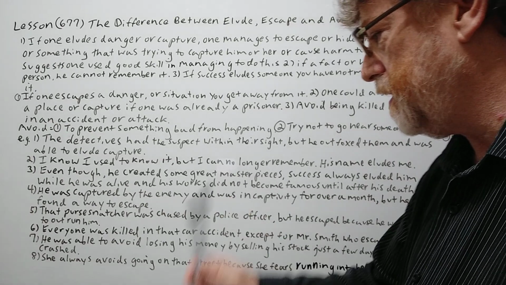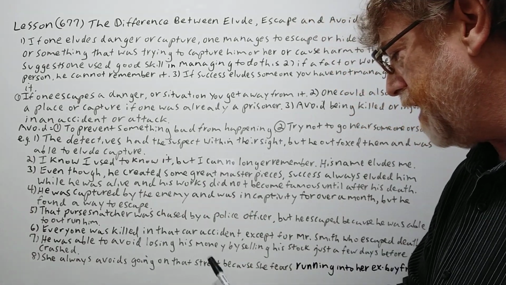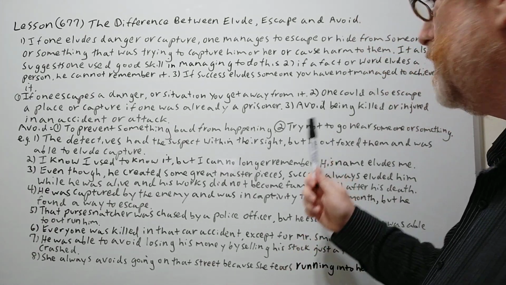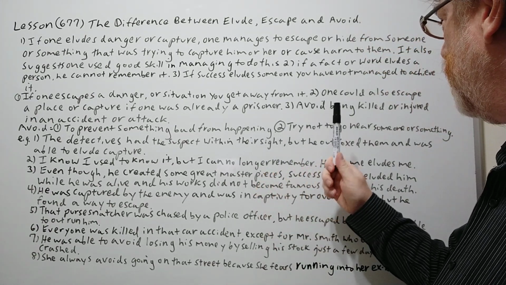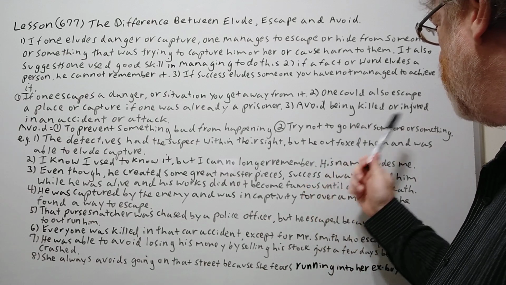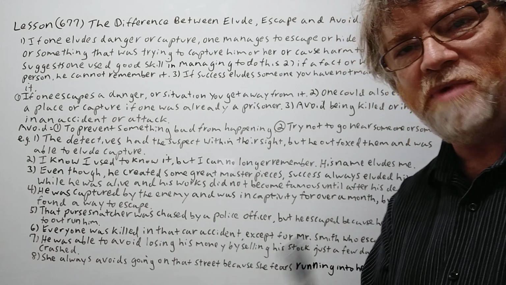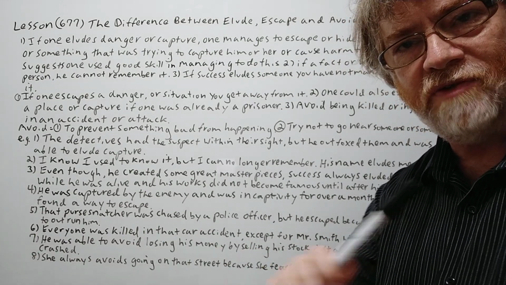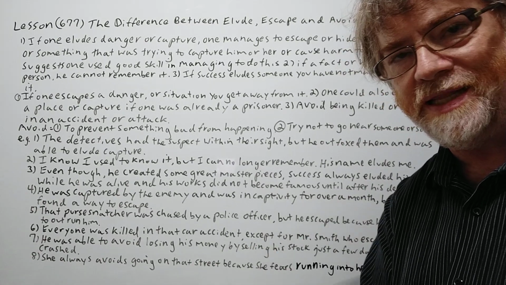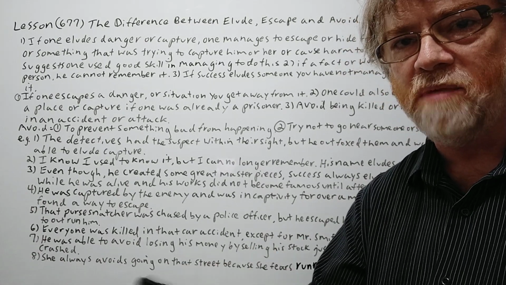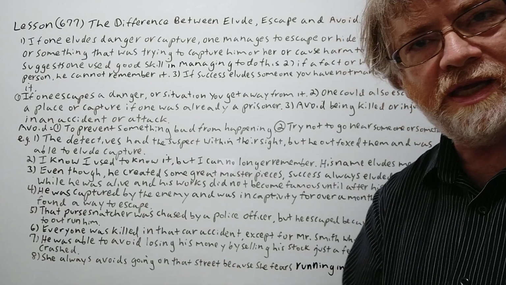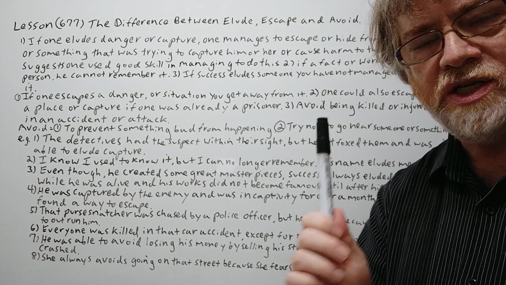All right, number 8 here. She always avoids going down that street because she fears running into her ex-boyfriend. Remember, this was the last one of avoid. Basically here, to not go near someone or something. So maybe after she broke up with her boyfriend, she knows he lives on that street. And if she goes down that street, there's a much higher risk that at some point she might see him. He might be leaving or coming home, or maybe went out for groceries, who knows. So she's trying to